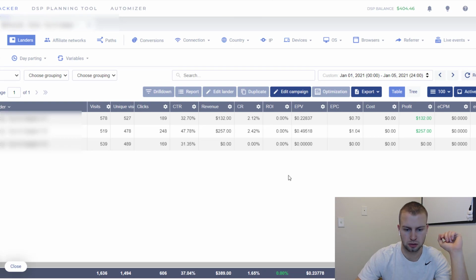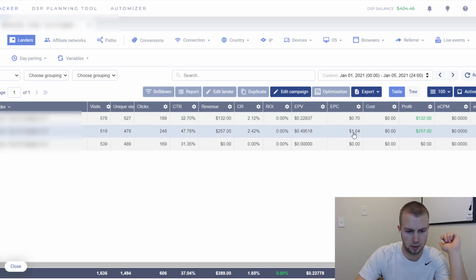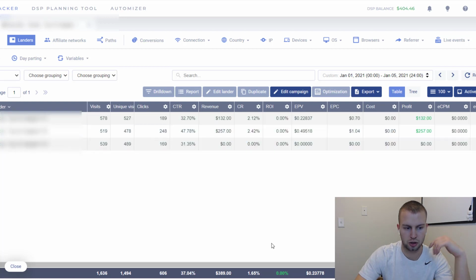Alrighty. There we go. As you can see, V1, 2, and 3, profit, or not profit, it's actually revenue, because my traffic source is Bing ads for this campaign, and obviously the cost isn't zero because we're doing paid ads, but the return is kind of close to break even. I think I've spent like 300 in the past 5 or 6 days, so obviously a little bit of profit,